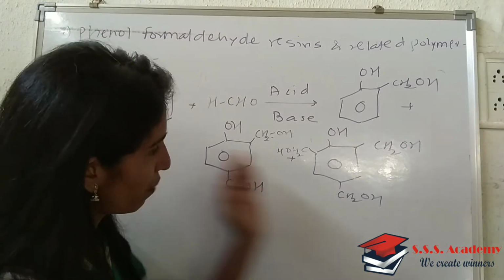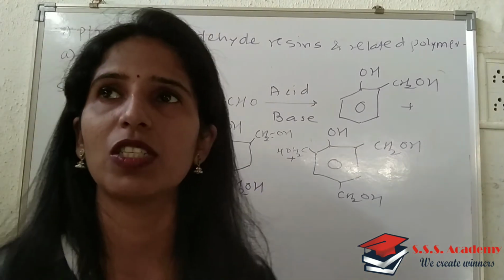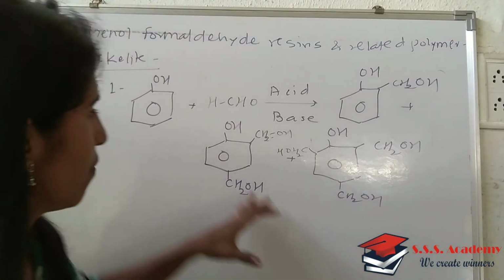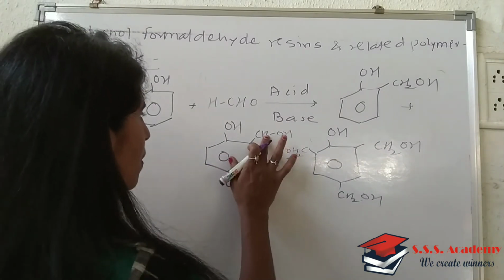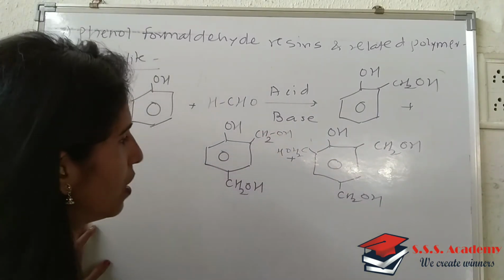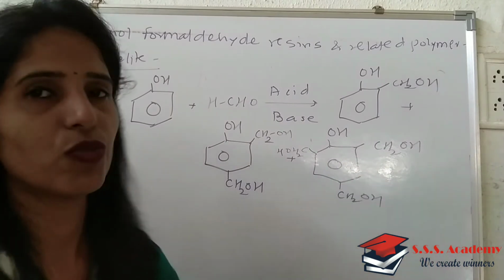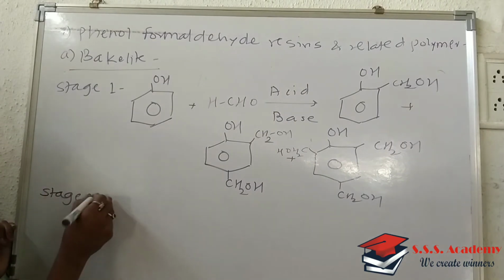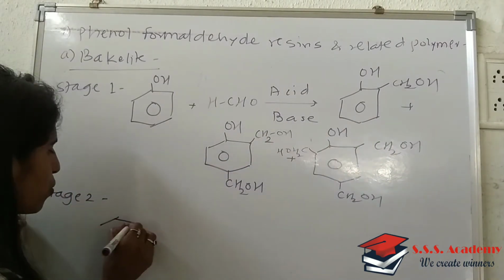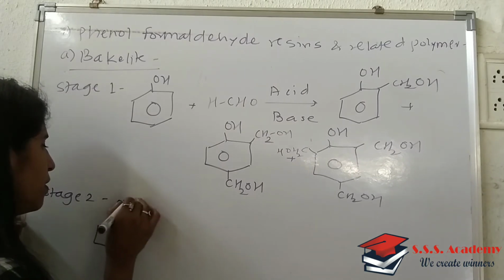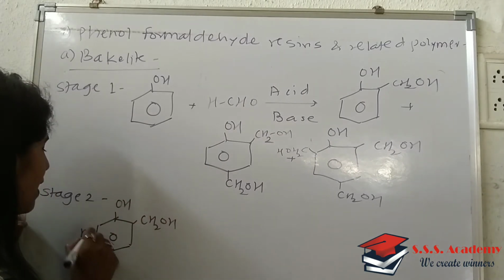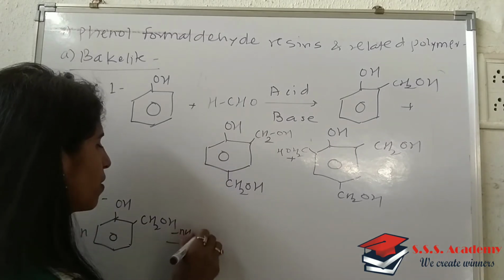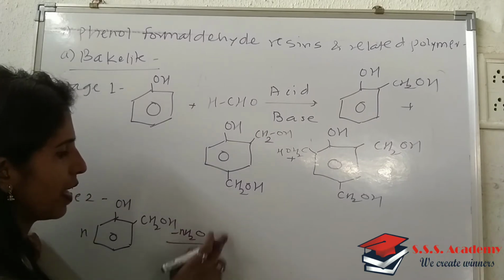Once you finish this, what next you are going to write is nothing but stage 2. Now in stage 1 we are having this whatever polymeric material. So this is nothing but the starting material which is used for formation of novolac. In stage 2, whatever this material is there, that is orthomethyloyl phenol is taken. This is CH2OH and n moles of this are taken. These n moles are then allowed to undergo removal of water. So this is n minus nH2O, right?